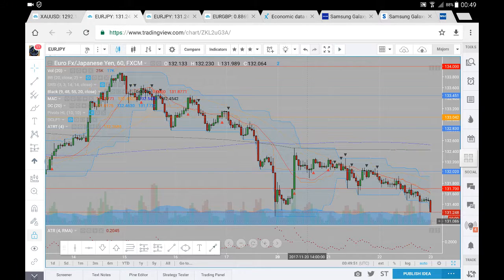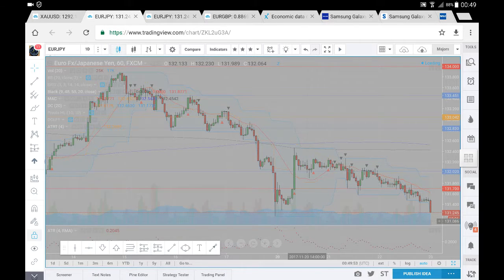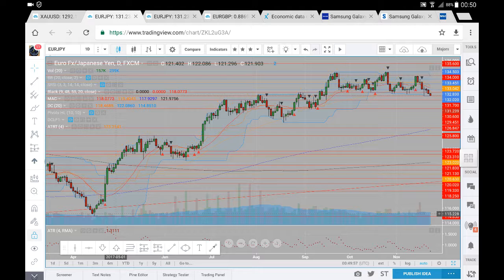So we're just going to have a look at the daily time frame before wrapping up here. So if we go over to the daily time frame, we can see here that we have been breaking out of the lower end of the zone. So we're in a bit of a trading zone, around 134 was the upper end of the zone. 131.70 was the lower end of the zone. Now, what we did see was